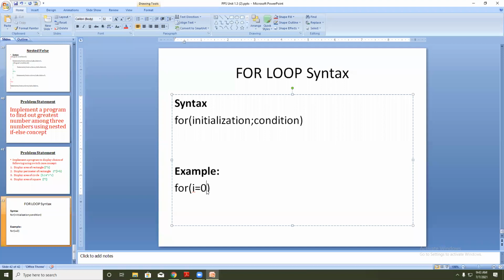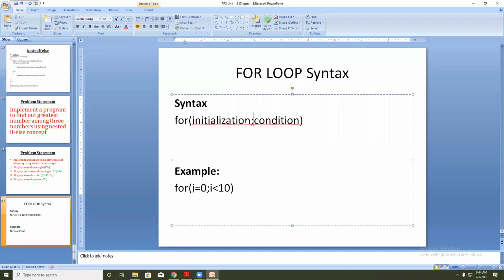So my condition is: i should be less than 10. It will start from 0 and it will be less than 10. So what are the values less than 10? 0 to 9.